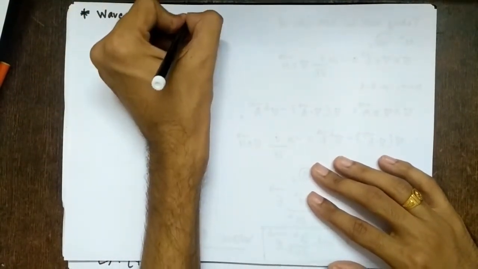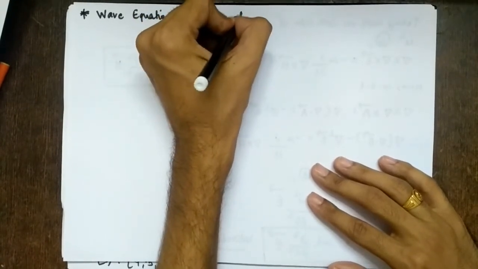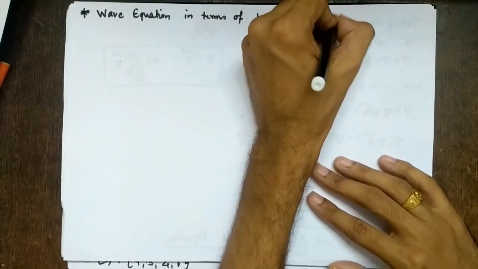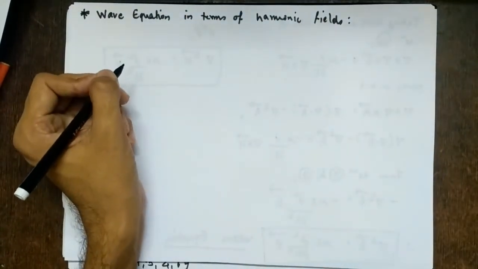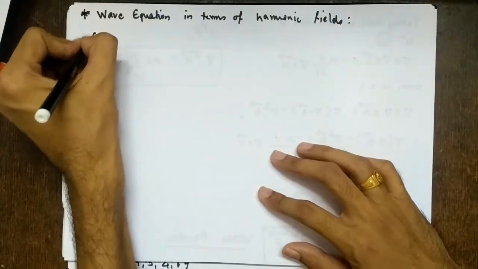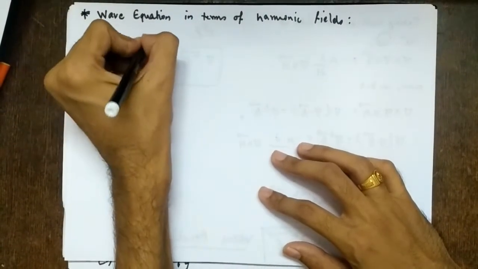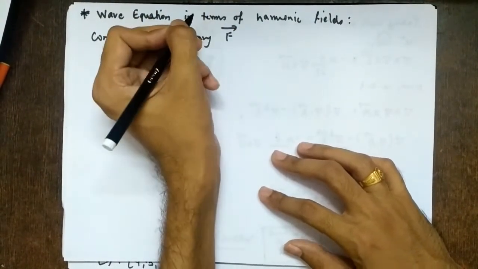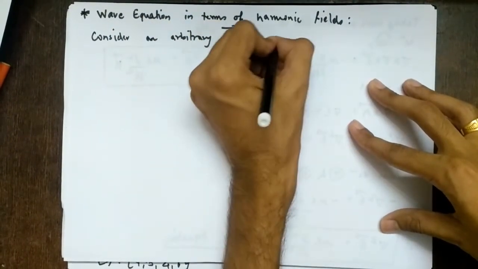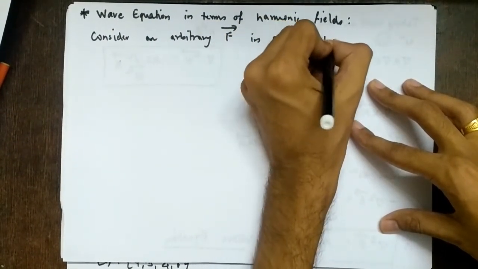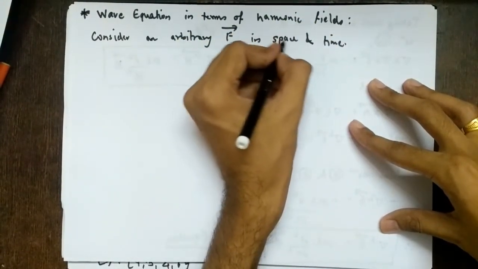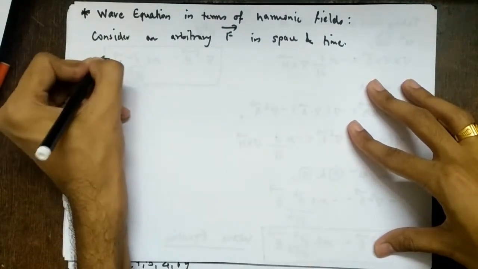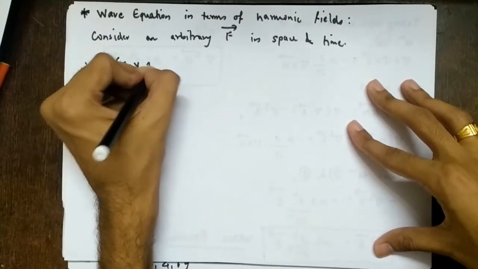So, wave equation in terms of harmonic fields. Let us consider an arbitrary F vector in space and time. What do you mean by in space and time? Space means the coordinate system x, y, z. Time means t. So F vector of x, y, z, t